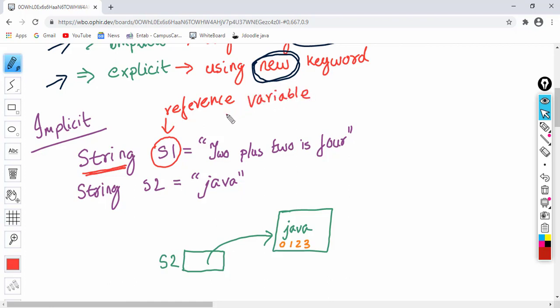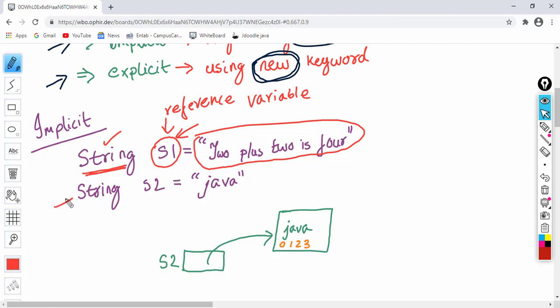When you create a variable of string type, you are actually creating a reference variable, and that reference variable stores the address of the string that you have created on the right side of the assignment operator. So the string object is created, and the reference is returned to the reference variable.